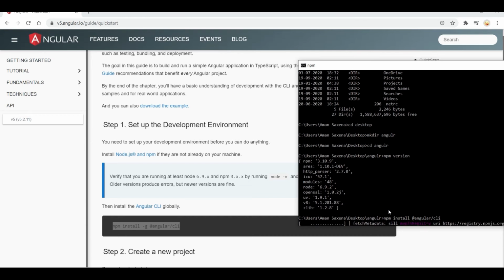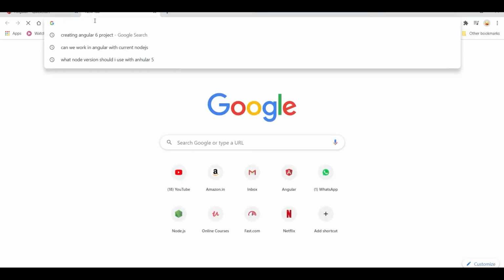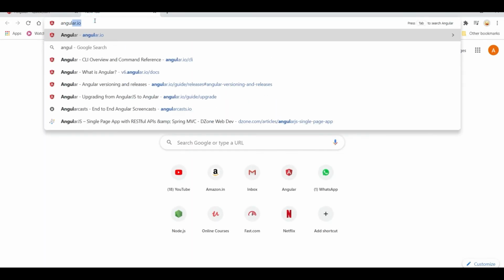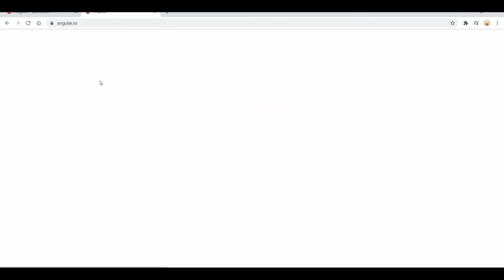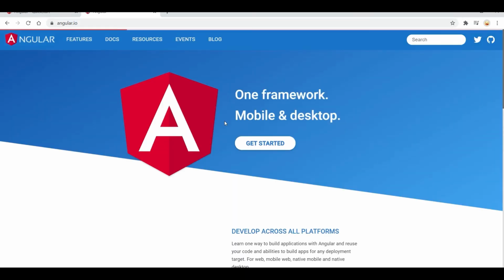but for having the latest Angular version I should have a minimum node version which will be compatible with that. So let's go to angular.io. Let's check what minimum node version we require for the current version of Angular.